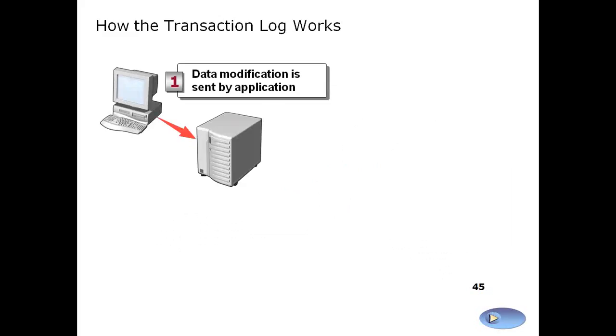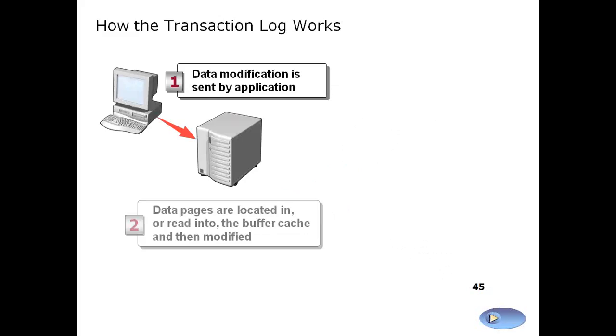In that case, what will happen? First, you send a request from your application, like so-and-so account number, adding 2,000 rupees. Based on that request, the corresponding page of the table in the database, account number 10,